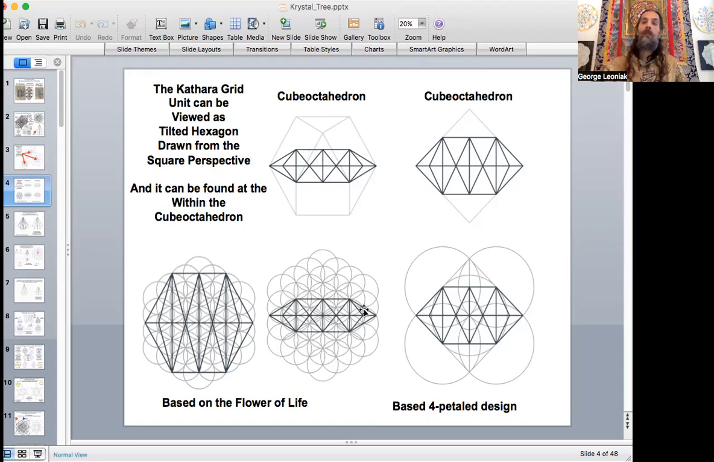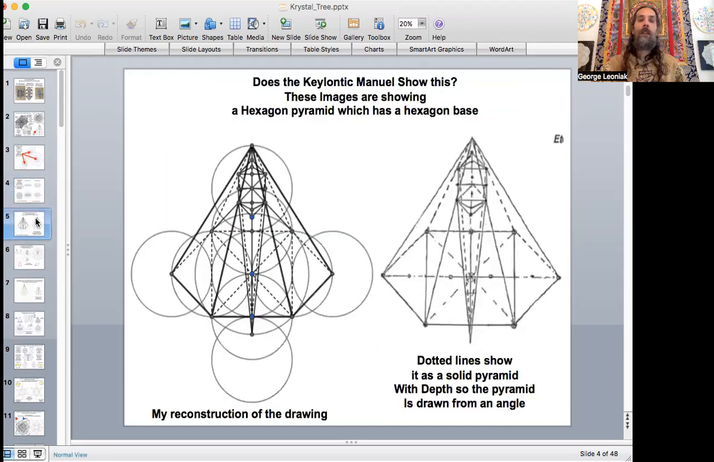and really what I started to perceive this cuboctahedron as is a flat plane within the structure of a cuboctahedron, and basically a hexagon. So that's going to be very counter to many of the teachings of the Kathara, but I'm going to illustrate how it's quite possible and appears to be very strongly correlated to the imagery shown in the Keylontic Science